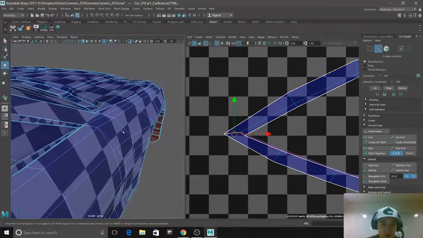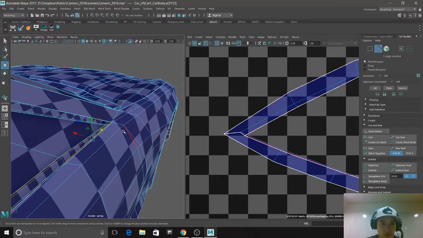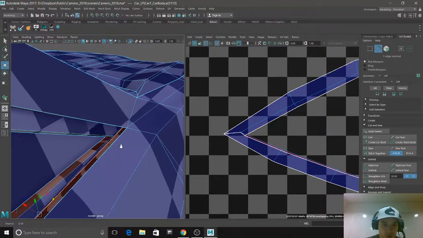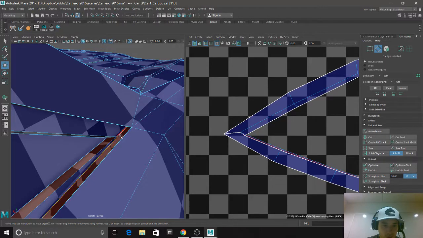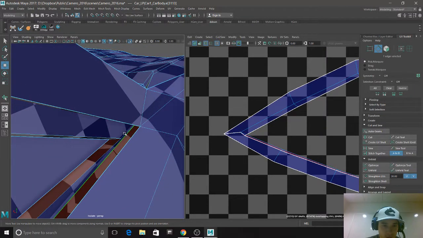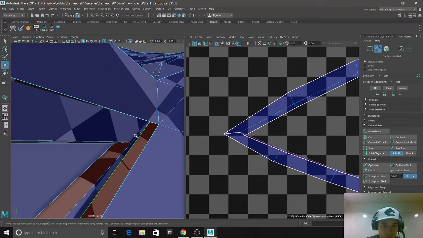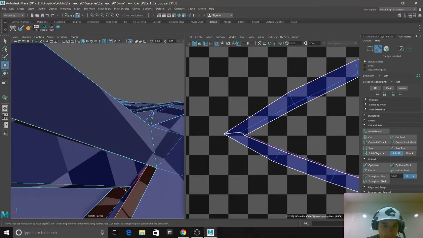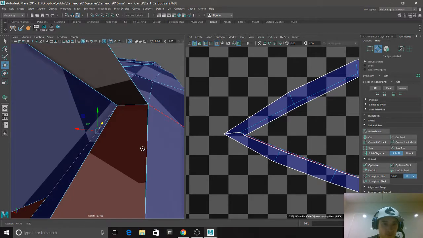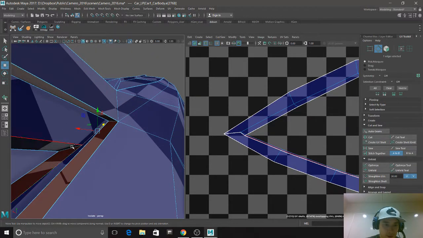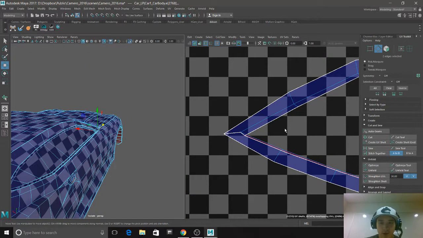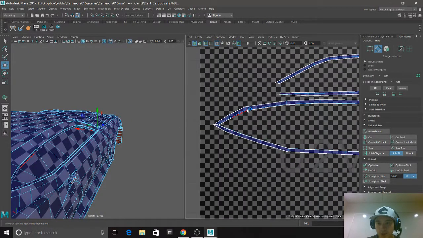Zoom into here. Cut this. Cut that edge, and then I'm going to cut this edge here, and I'm going to cut it. And that should make my